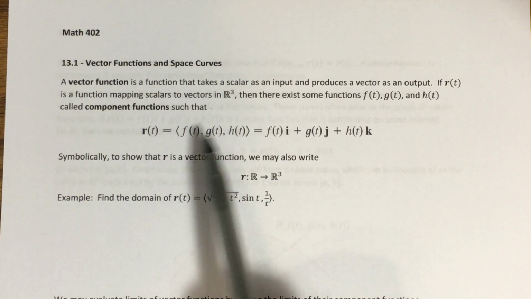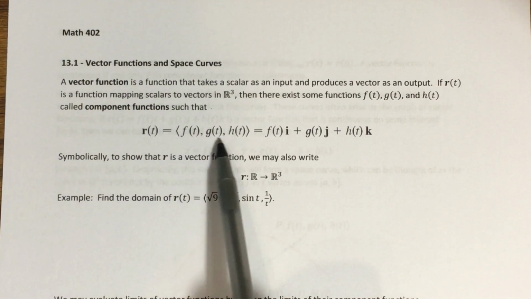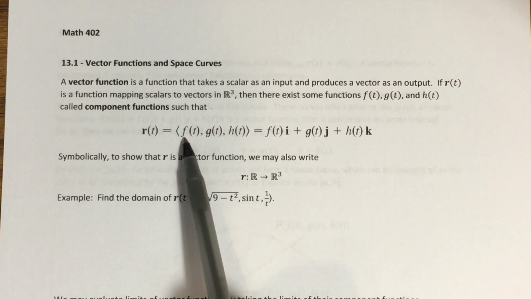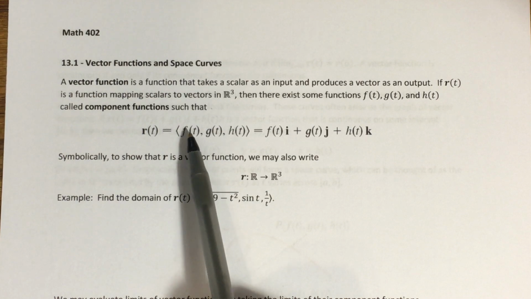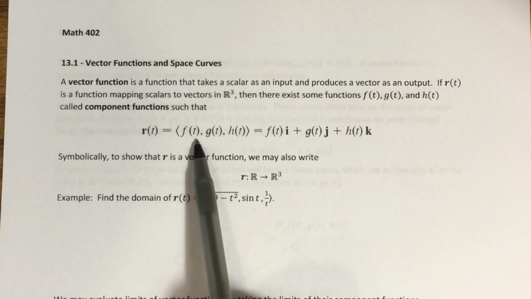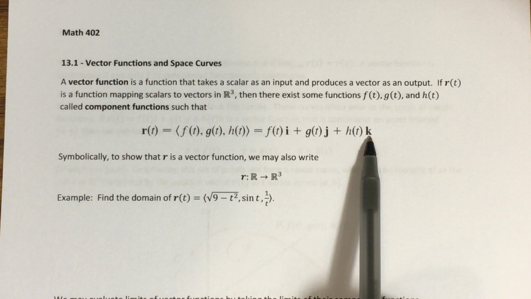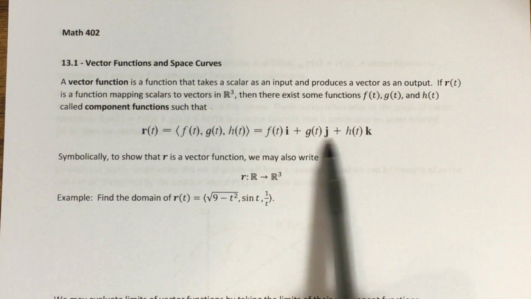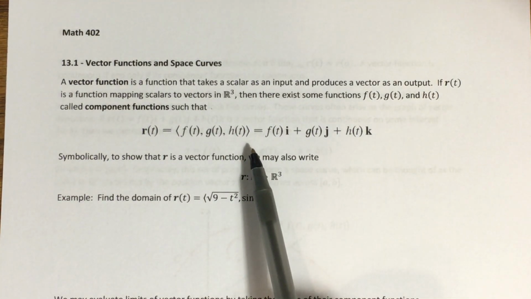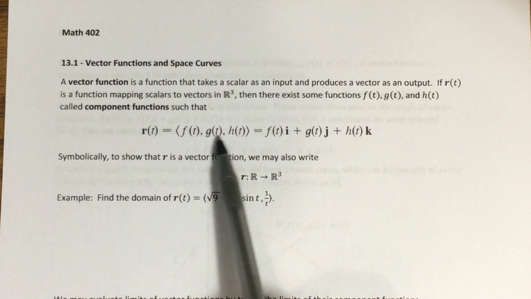And in this case, if it's a vector function with outputs in R3, the vector function might look something like this. Notice we have a vector with 3 components, but each component is a function of t. F of t, g of t, h of t. And we understand these functions to just be real valued functions. We'll look at an example in a moment. Alternatively, I could write it in this form as well, using the standard basis vectors i, j, and k. It's very common for us to do this in place of this. Either of these, though, will represent a vector function. These individual functions here, f, g, and h, we call component functions